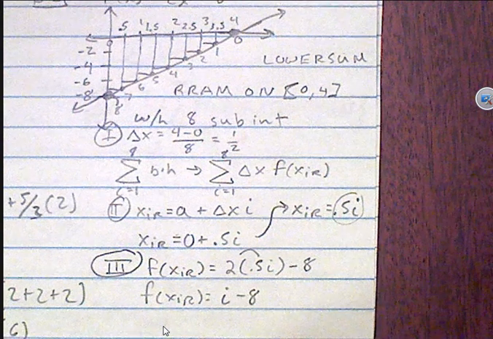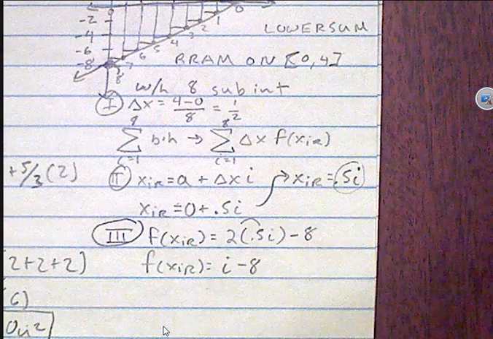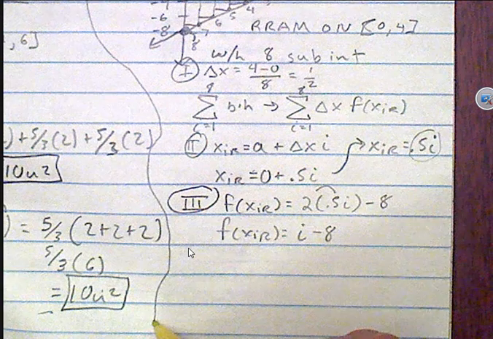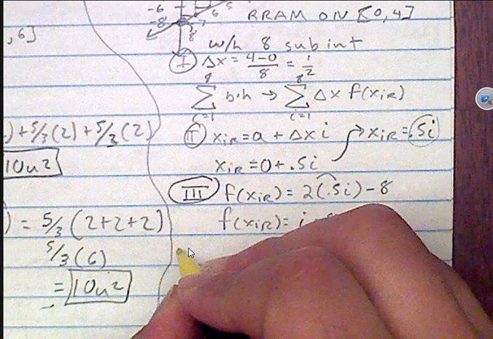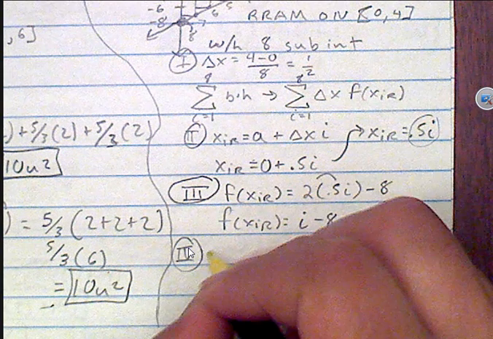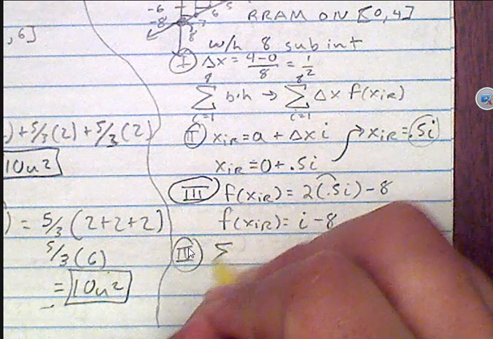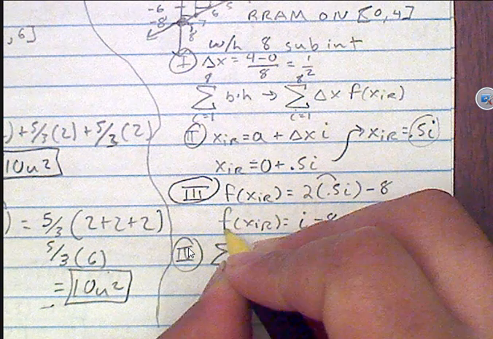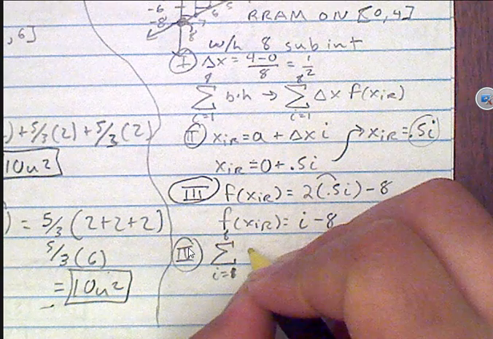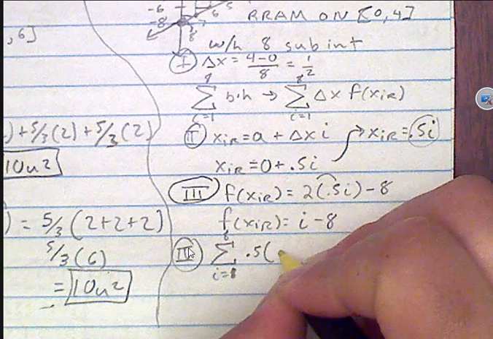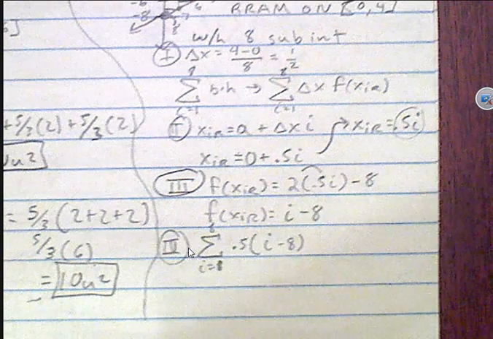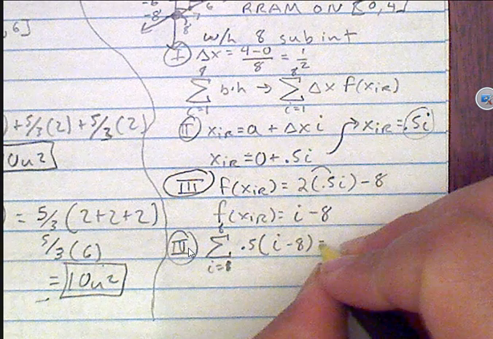Now, that's the third step. Now I'm ready to finally put it in the summation formula. Okay, let me go ahead and section these two problems off. Alright, so summation formula, step 4. It's the summation of 1 to 8 things, and delta x is 0.5. F of x of I, r is i minus 8. And I'm going to take the liberty of factoring out the 0.5 to make the work easier. Alright, so that is going to equal 0.5